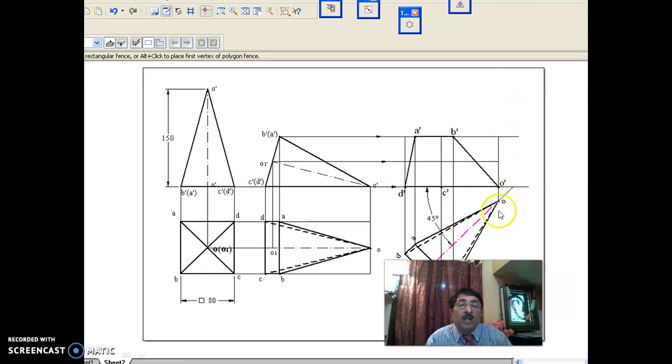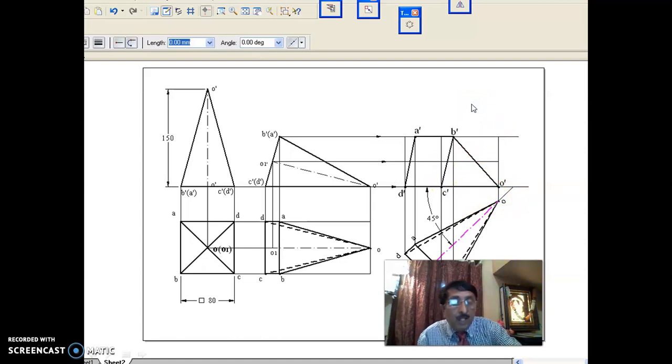Once you complete the outer boundary, as you are aware, here itself it is a triangular surface on HP. Here itself it is 3 edges, 4, 5 and 6 edges are already completed. Now you have to complete the remaining edges. Okay. Now, as you are aware, if you observe,